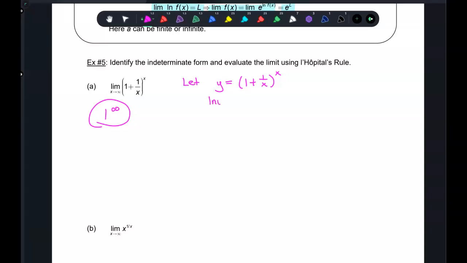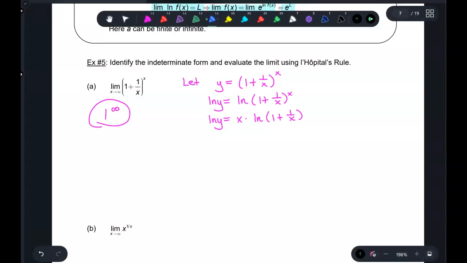So we're going to take natural log of both sides. And that allows us to move the x to the front. Okay, now I want to take the limit